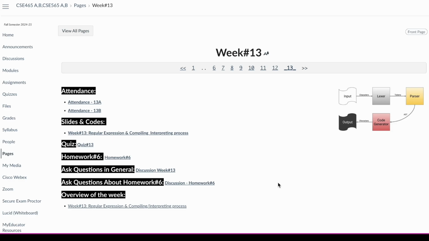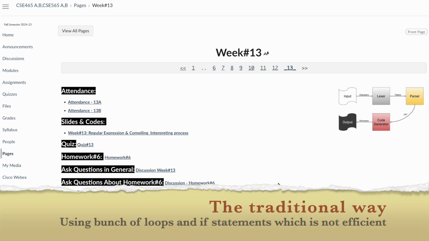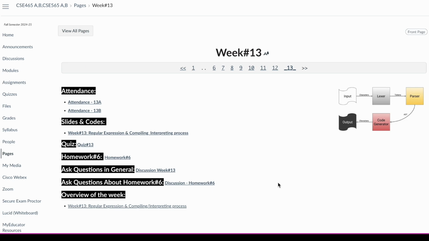To do this, basically the traditional way is that you come up with a bunch of for loops, you loop through the line, you have a bunch of if conditions, and you have to check everything. You have to come up with different conditions for different cases, which is going to be very tedious and inefficient basically. The good news is that